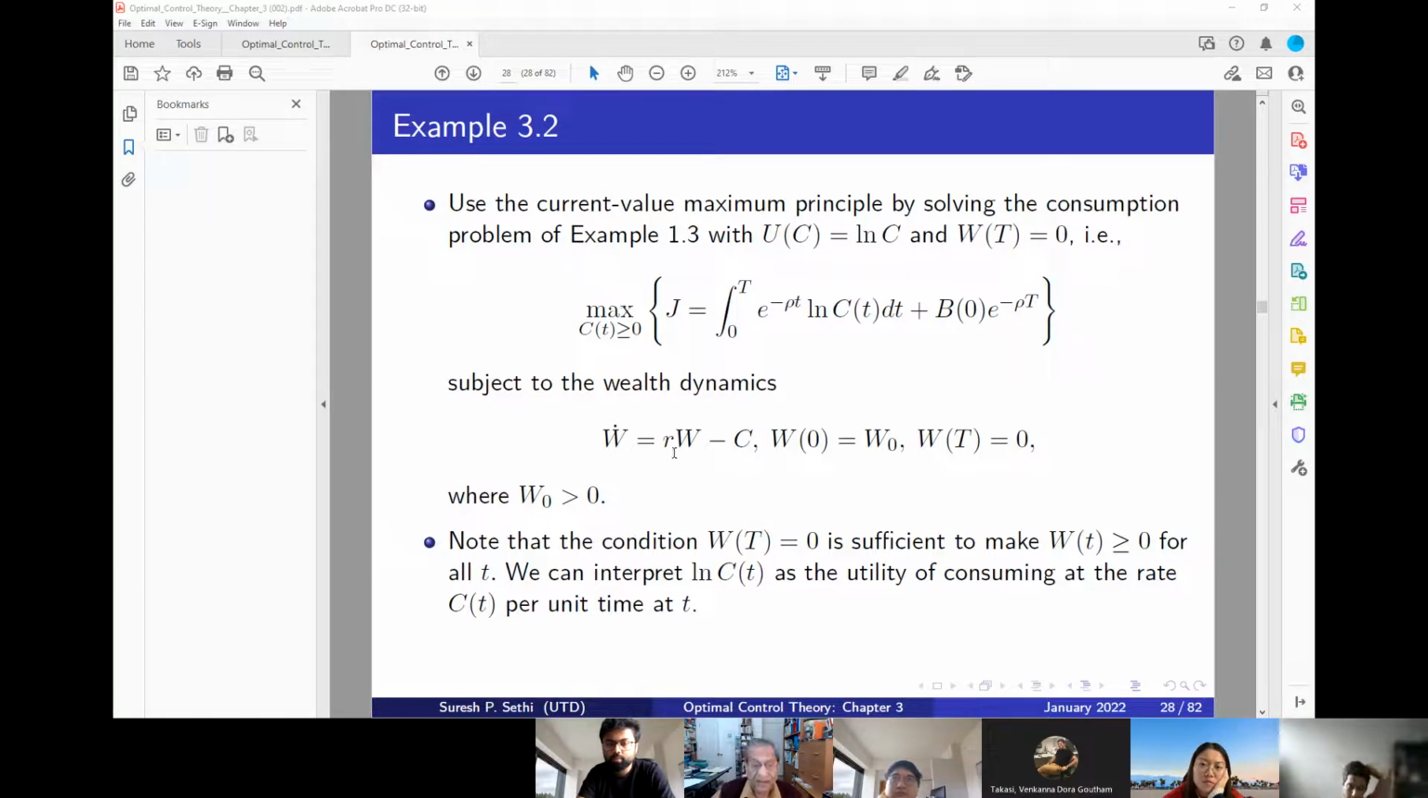This is a savings account that earns the interest rate of R. So the wealth is deposited in a bank, and the bank gives you the interest rate of R. So the wealth equation changes basically as consumption: as I consume, my wealth goes down. As I earn interest, my wealth goes up. The net effect is W dot, which is given by this. So now I have an example in which an individual wants to consume and maximize the utility of consumption